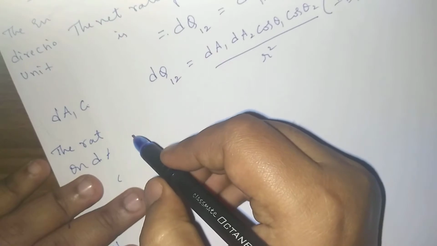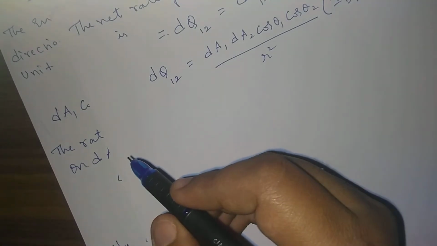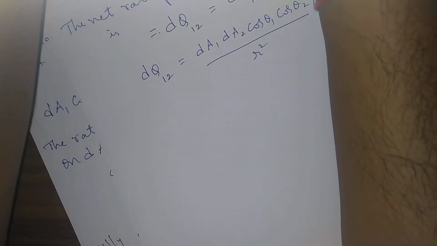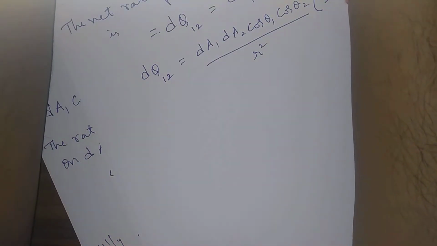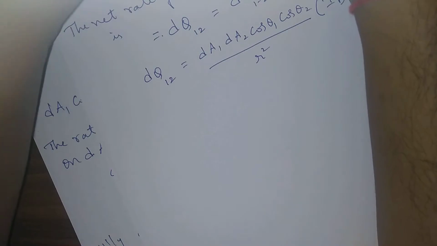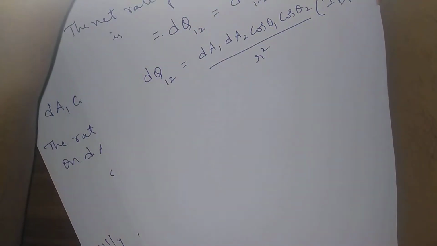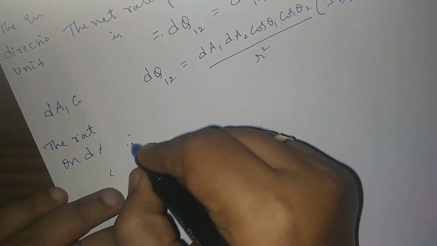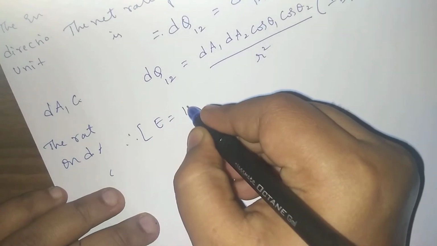Now we know from previously, which law is that? Lambert's cosine law, correct? In the last video we tried Lambert's cosine law. What does that say about the intensity of radiation and the emissive power? How does that law work? We saw in the last class, I'll write it here: E is equal to pi times I.